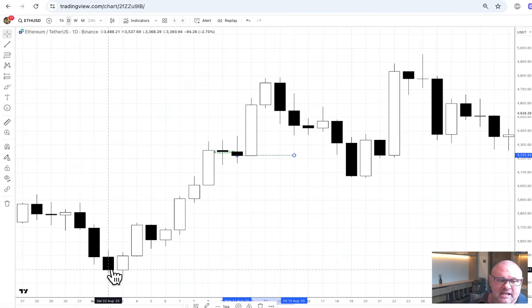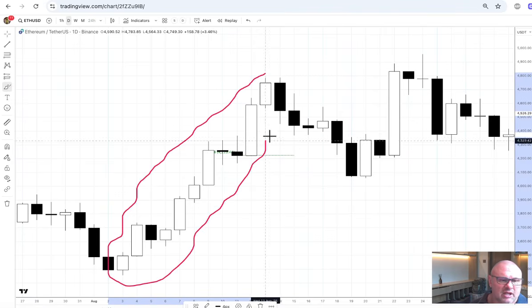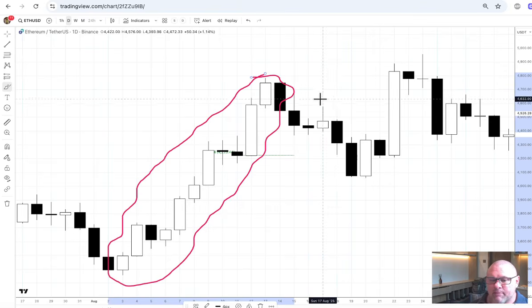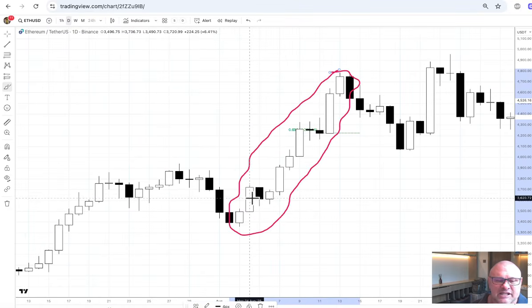Now, this is an extremely strong indication that we're going to get a second leg up, that we're going to get another chance, or it's going to go up higher. Now, why is that? That is because think about the guy down here.